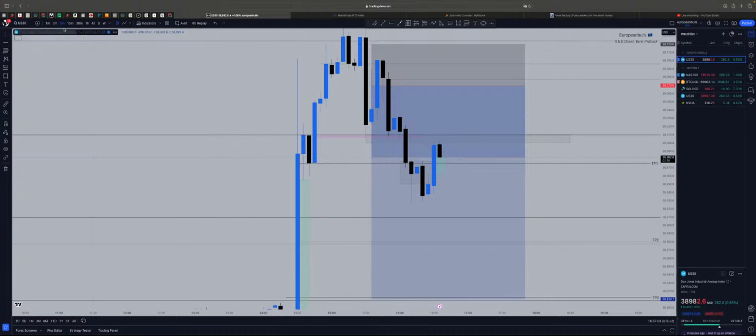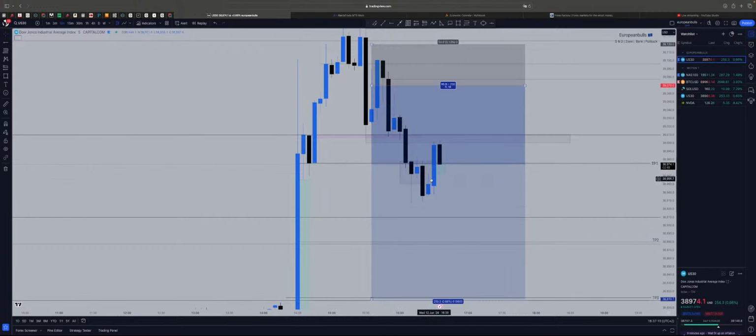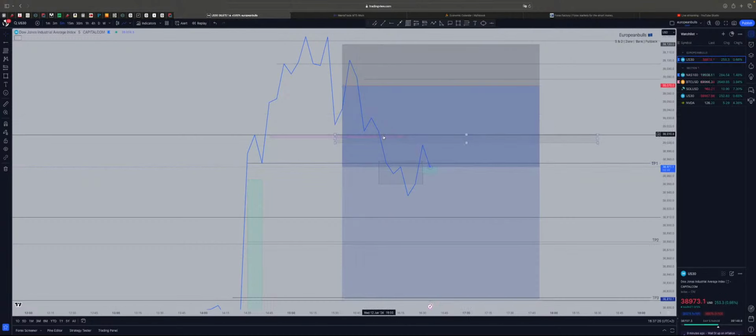Because look, in 15 minutes you have to wait for this candle to see if it closes above this area. In 5 minutes it has already cancelled this zone. It has invalidated this small candle here and here and here and here, like 3-4 candles. But there is the structure in the market which you always have to be concerned about. Look, this is the structure. You can see in the line chart, the structure is still maintained. As long as the price doesn't break above this higher low, you are good to go.